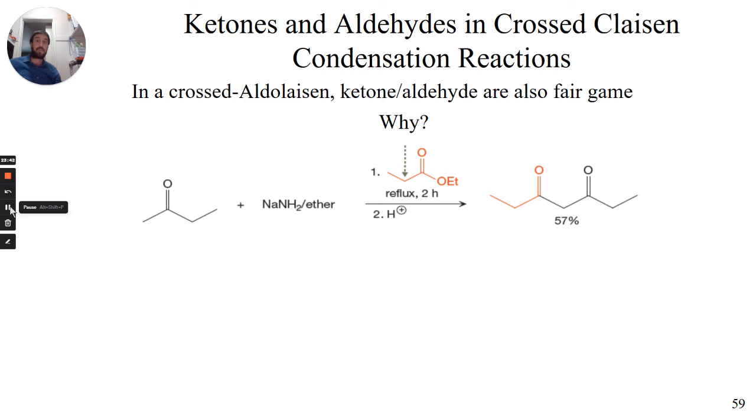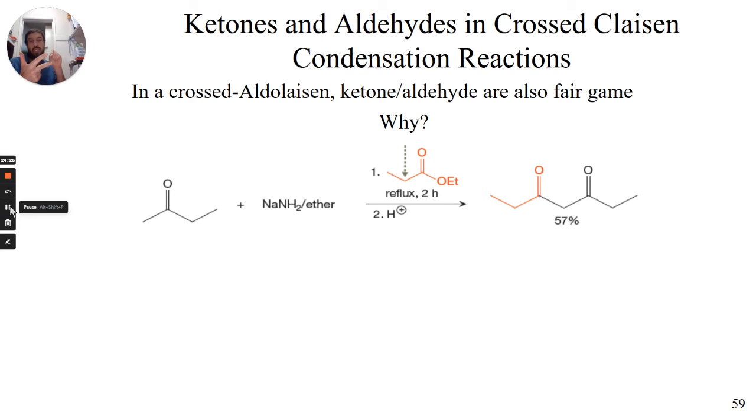Which gets us to the next point. We're just talking about alpha hydrogens. Do alpha hydrogens have to come from aldehydes? Do they have to come from ketones? Do they have to come from esters? Well, if we're talking about an aldol reaction, they have to be aldehydes. But as we noted back in that last unit, ketones could do it too, and we just grouped them into the aldol category. Well, Claisens have esters that have alpha hydrogens as well, which means we can run Claisens, doing the same mechanistic process. Well, if ketones can have alpha hydrogens and aldehydes can have alpha hydrogens and esters can have alpha hydrogens,